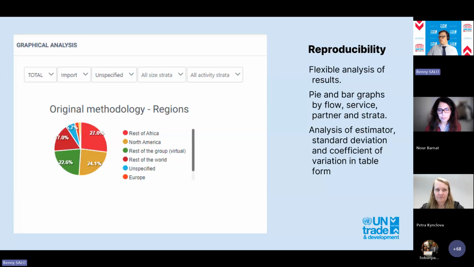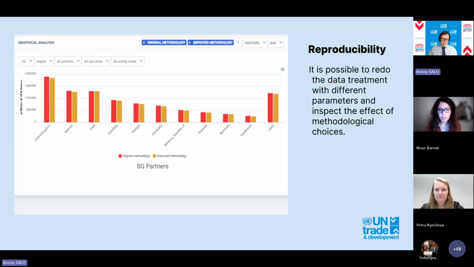Let me see if there's something really interesting to show you as well. Well, this we find is very interesting, that you can repeat the process of going through collection, automatic treatment that we build into the system, and the extrapolation method. When you play around with those and try to find the most reliable and the most appropriate solution, you will generate different sets of results. And we introduce a way to redo your calculations according to adjustments you find are pertinent, and then inspect what is the consequence of those changes.